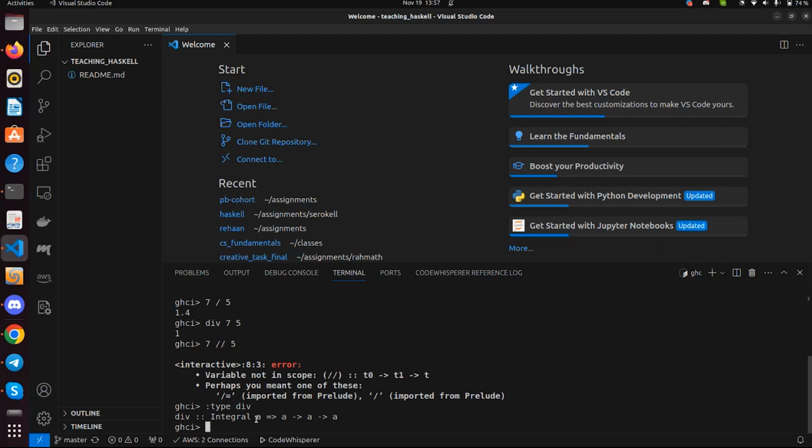Why is it specified as an integral type? Because it has to satisfy integers, and these things are called type classes. These are very advanced topics, and I don't think it will be good to dive into them in the very first class of learning Haskell. All right, but anyway,